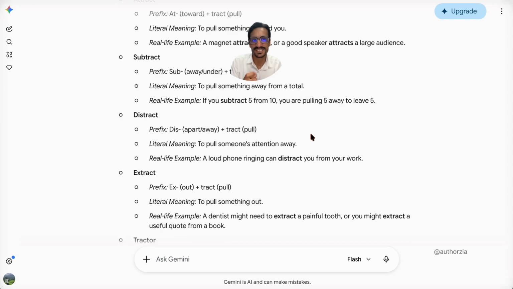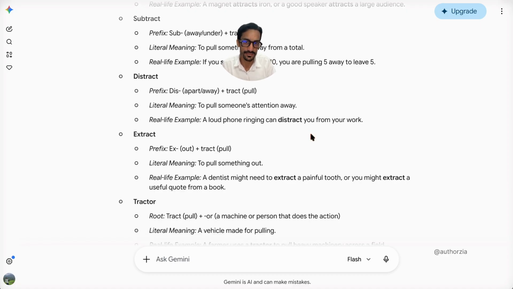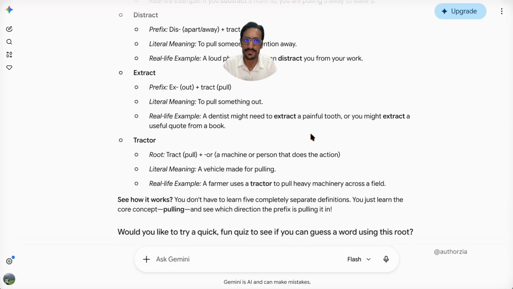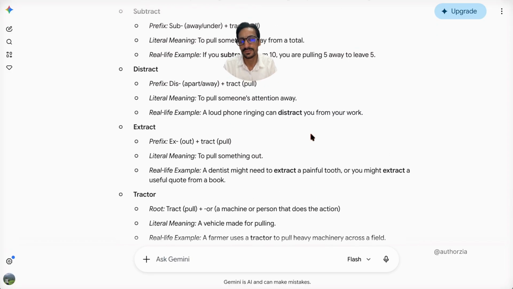You see, this is a fantastic way to learn vocabulary for me personally. Dictionary reading and all is so boring because it doesn't make sense. You don't know where it will be used. You don't know how to remember it. But if you are using these word stories and all, you will be able to remember them for long. Your mind will just absorb those stories, and it will be so fun to teach the younger generation tomorrow. Or if you are a parent, you can teach your children how to learn these root words, because they will stay with them forever and they will give the foundation with which they can make new words, learn new words.